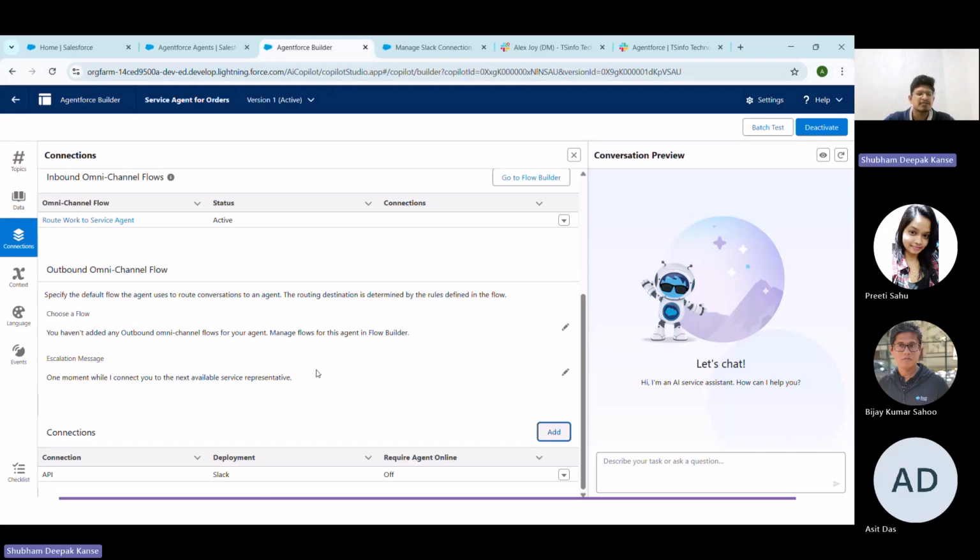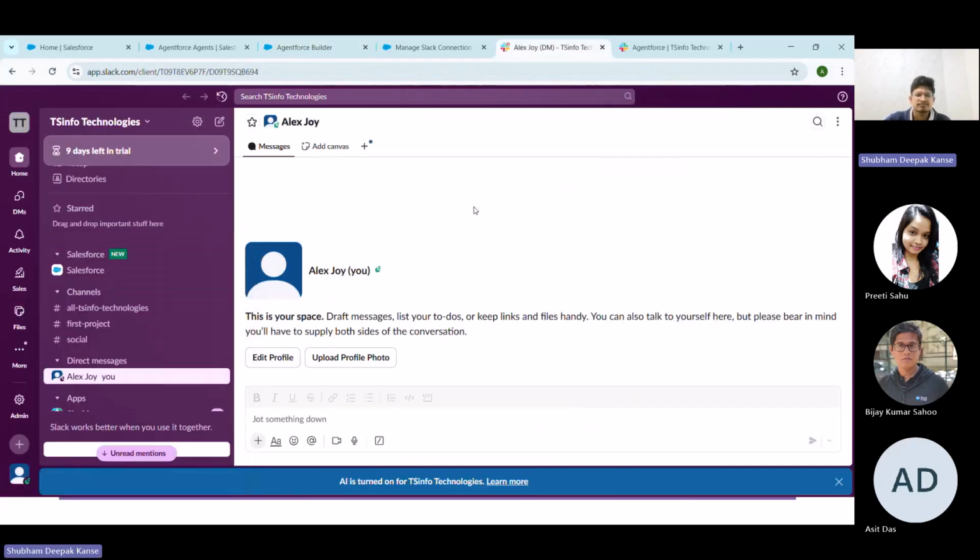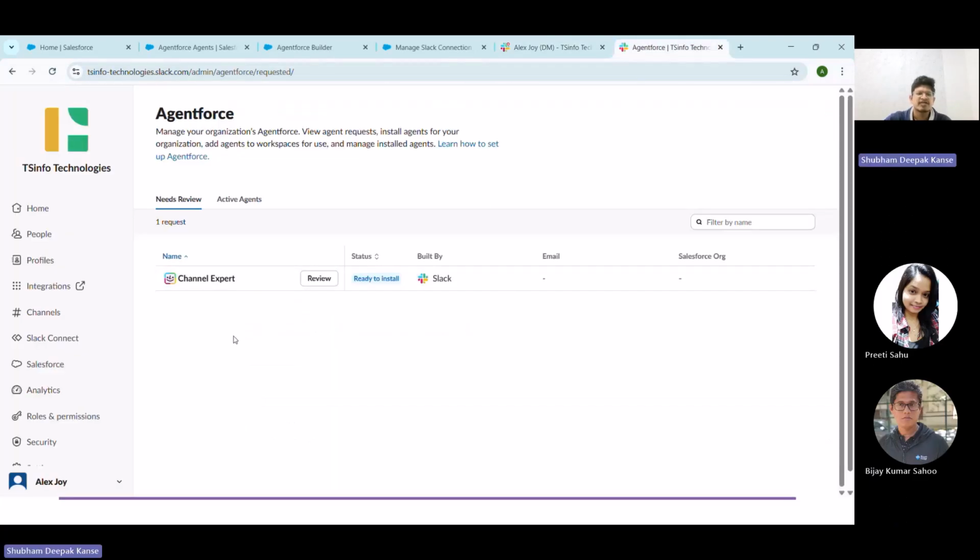So we have successfully established the connection between Salesforce and Slack. And after that, here you can see for this connection, that means for the service agent connection, it is also deployed from Salesforce to Slack. Now, as I navigate to the Slack workspace, this time again, as I open the Agentforce that I showed you earlier, we need to refresh the page so that we can get the Salesforce Agentforce service agent that needs review. Now, as I click on refresh page,